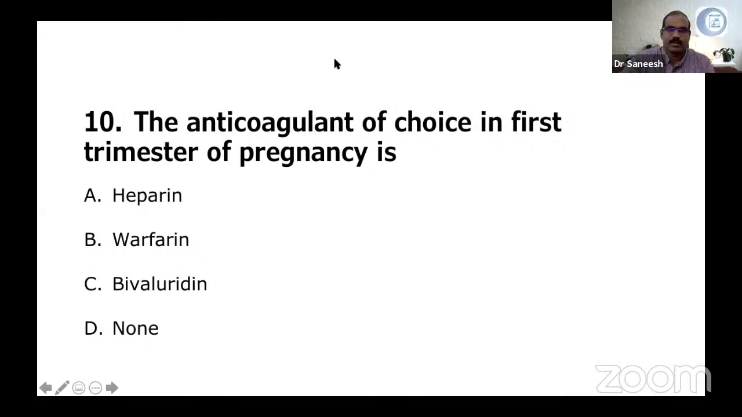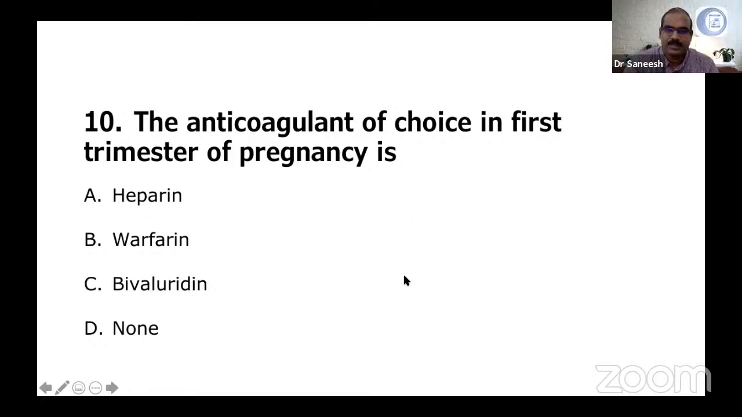So the last audience poll question for you. The anticoagulant of choice in the first trimester of pregnancy is option A, heparin, option B, warfarin, option C, bivalirudin, option D, none. This should be 100% correct. MBBS question. Okay. I'll wait for another 5 more seconds. Then we'll move ahead with the audience questions. So far, audience